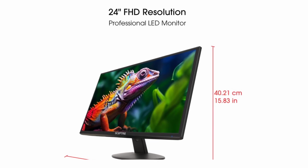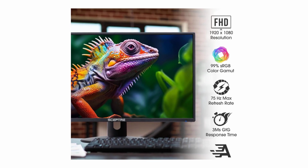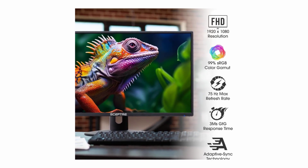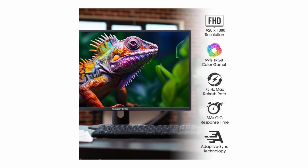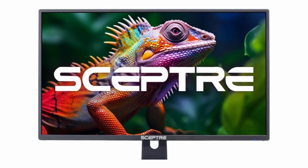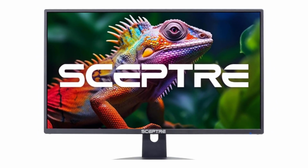It comes equipped with 2 HDMI ports and a VGA port, supporting a refresh rate of up to 75 Hz for smoother motion. The built-in speakers provide robust audio output, making it convenient for users who prefer an all-in-one solution without external speakers. Additionally, its blue light shift technology helps reduce eye strain,